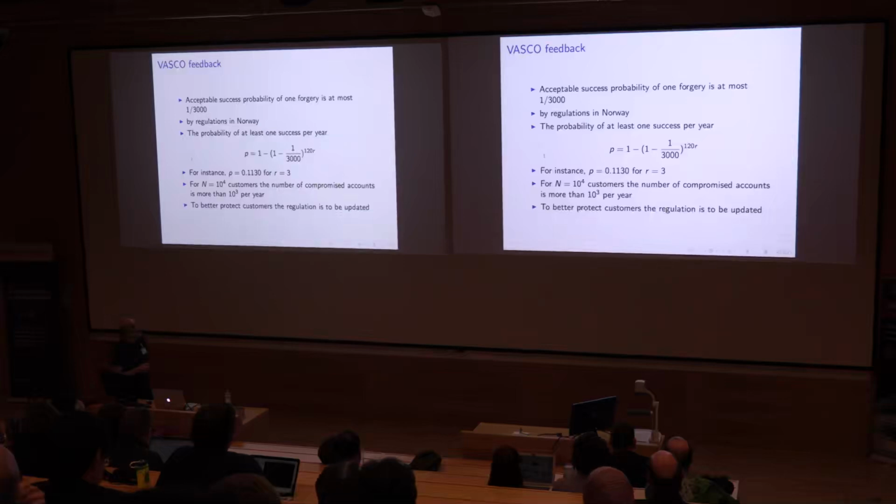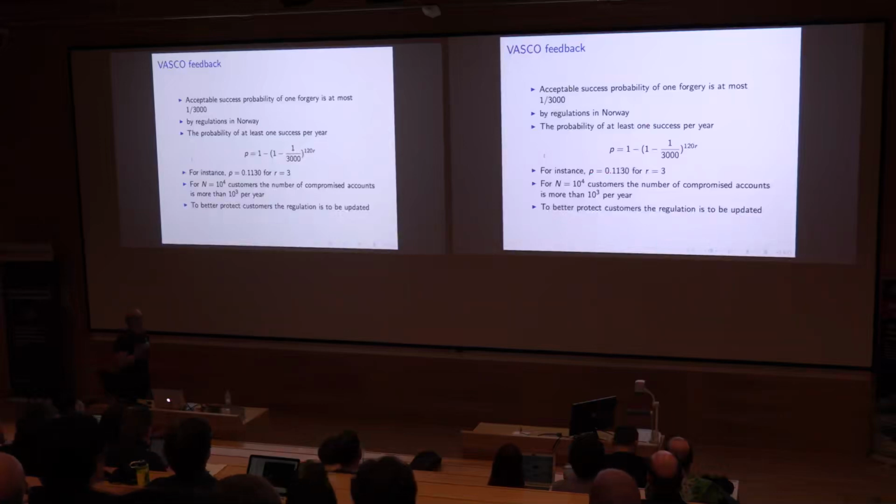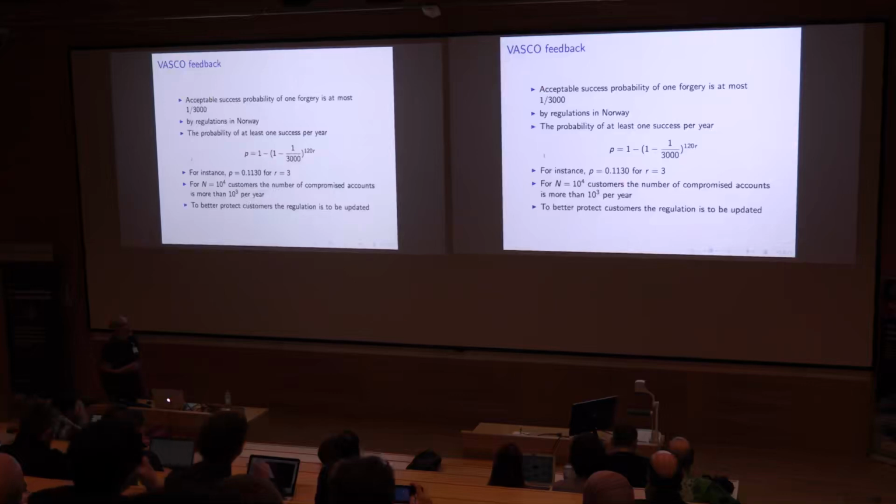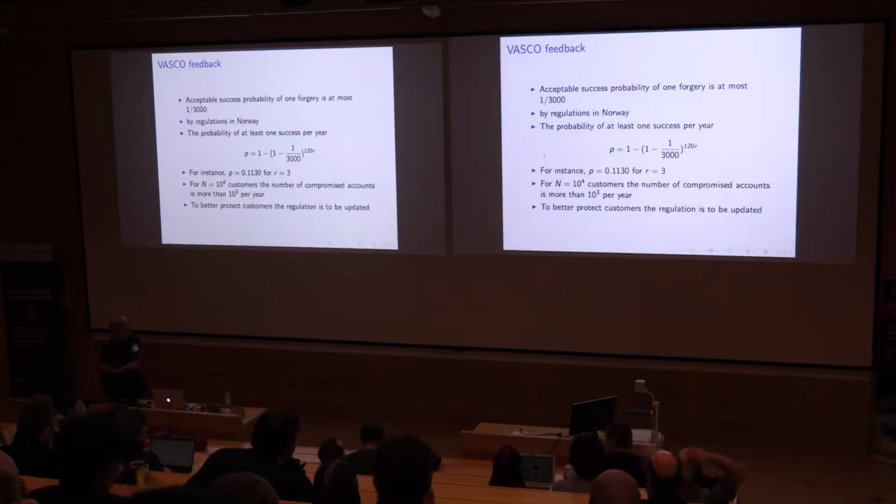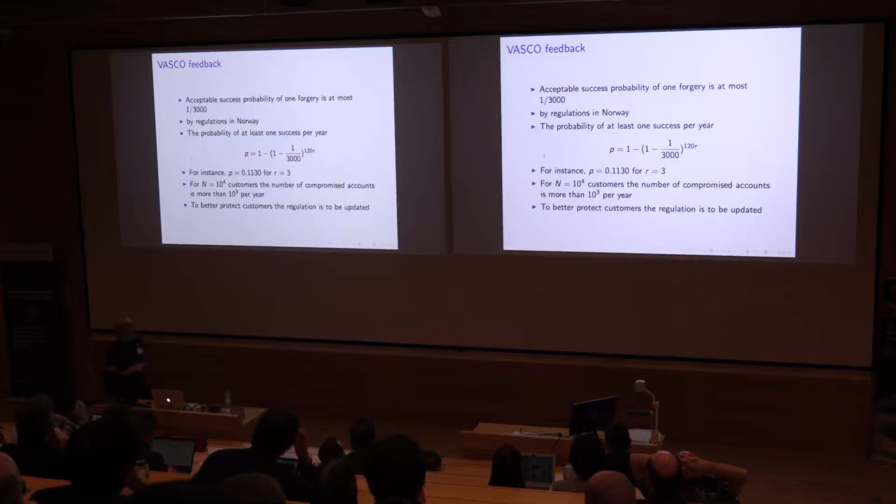If I substitute this acceptable probability of 1 over 3,000 and do the same computation, I get a probability of success per customer per year of more than 10%. This is much larger, and it's a very important probability, I think. That means that for 10,000 customers, the number of compromised accounts should be more than 1,000. That's very big. I think that this figure should be updated to make it lower,